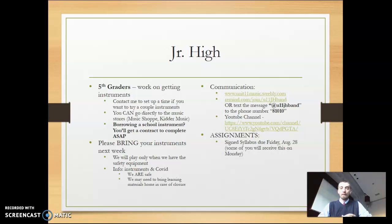And if you decide that you're not going to use the music shop, you're not going to use Kidder Music, and if you are going to try a school instrument, you'll be getting a contract to complete, which does include a $25 fee to help offset the cost of the maintenance and repairs. Okay, next week is when you'll need to start bringing your instruments,